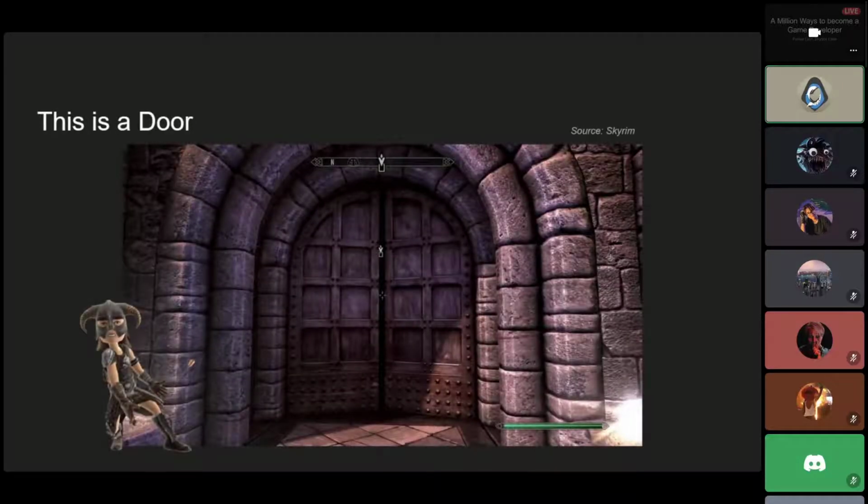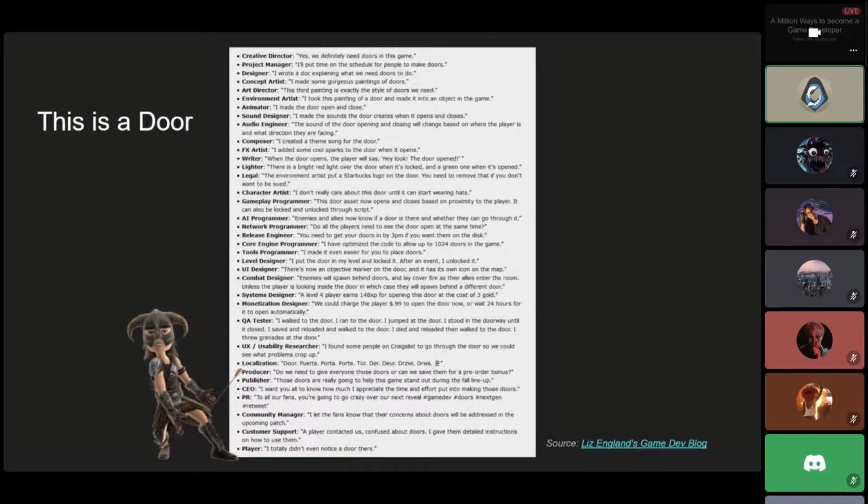So what do we have here? This is a door. All of you look at this and you see a door from Skyrim, right? If we look at this picture, you maybe see a couple more components. I don't know if you can see my cursor, but there's the HUD at the top with a marker that tells you can go through the door. We have a reticle, we have a health bar. But it's pretty simple. The door animates open, sure. I don't know if any of you have ever seen this visual before, but when a developer looks at a door, this is what we see. There are so many people involved in getting a door to work the way that you want it to in a game.